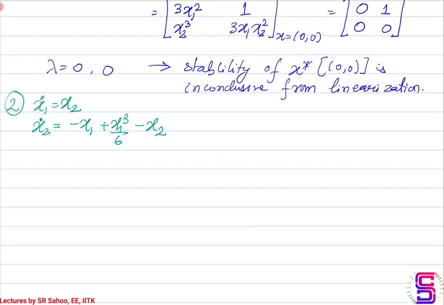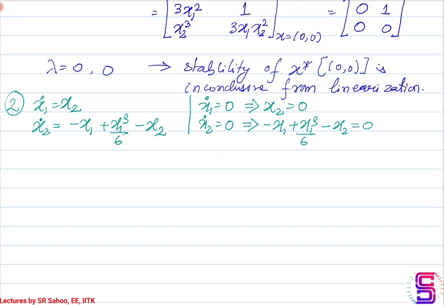So what is the equilibrium point? For that, again you have to do x1 dot to be equal to 0 and x2 dot to be equal to 0. So x1 dot equal to 0 yields that x2 has to be 0, and this yields minus x1 plus x1 cube by 6 minus x2